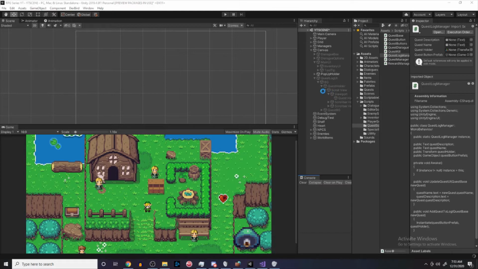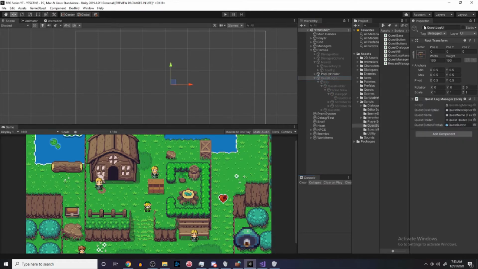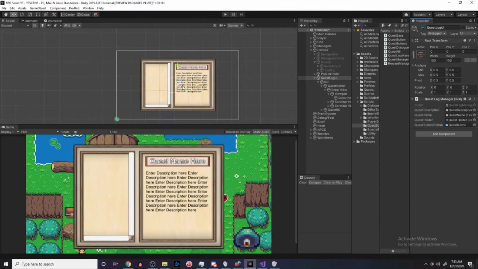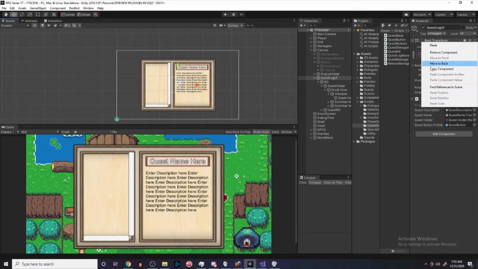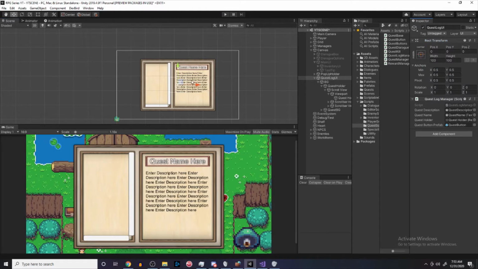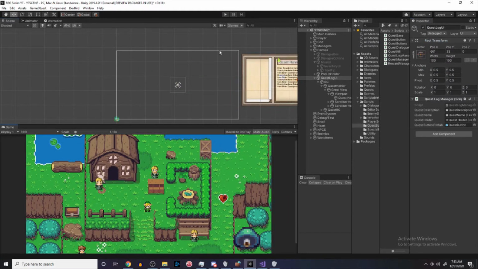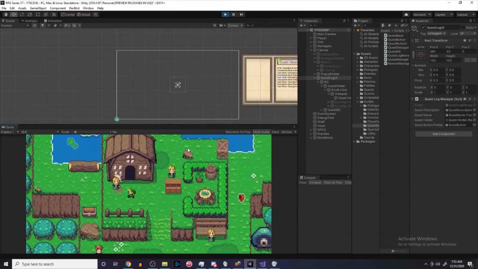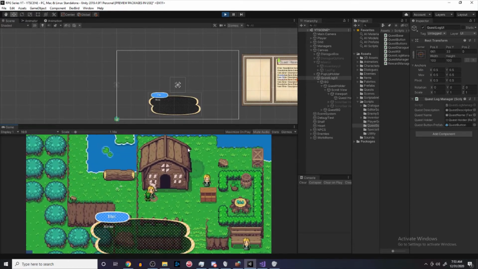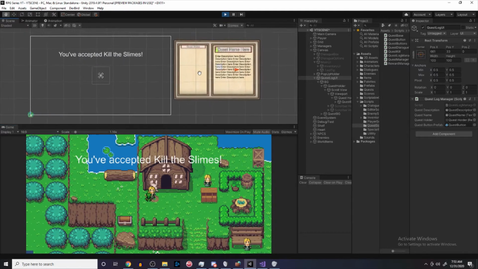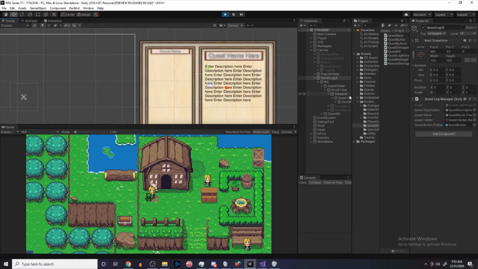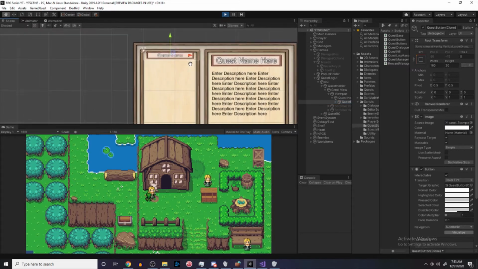So I'm going to open my pop-up or quest log UI, and I'm just going to drag it over here for now. Well, actually, let me just copy the transform, because I don't want to lose it, and drag it over here so it doesn't go away, because I don't have a way to open and close it. And we'll just use the top view to see that it got added. So you see here it got added,